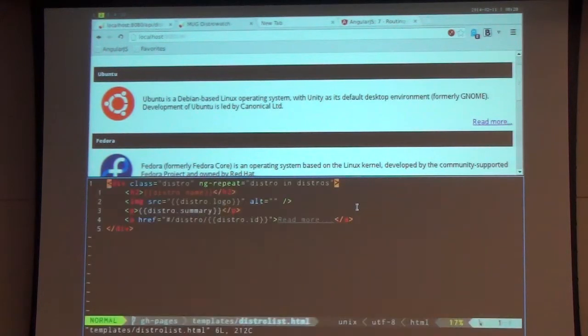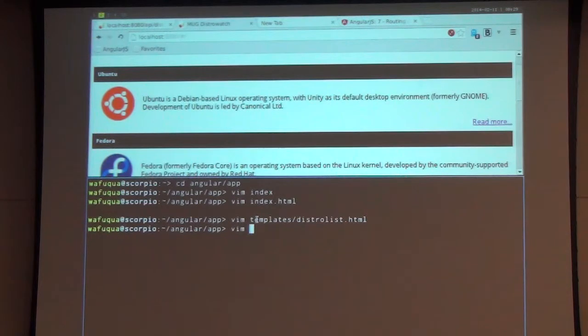So here's our distro list, right? This is the template we're using for the distro list. It's basically the same thing we had earlier, right? The core issue is we have this ng repeat, and for each distro in our distros collection that's on our controller, we're outputting the image, for example, that we're getting back from our API call. But we still have the name and the summary, and I have some CSS behind the scenes that's actually doing some stuff now. So we have this read more link, and the link to it is /distro/ distro.id, right? And that's what we defined